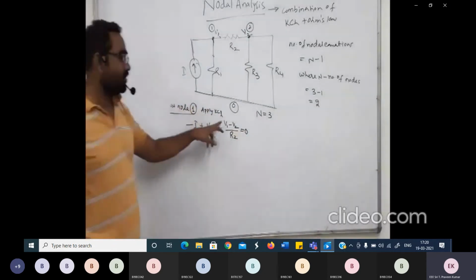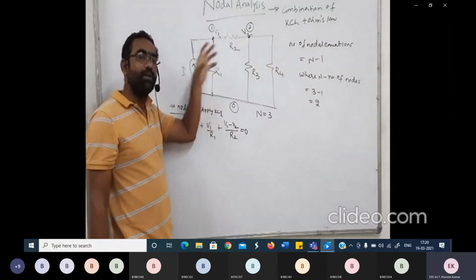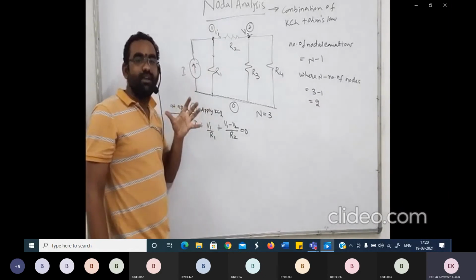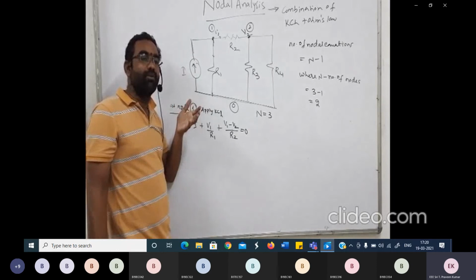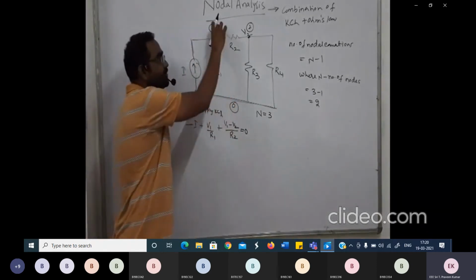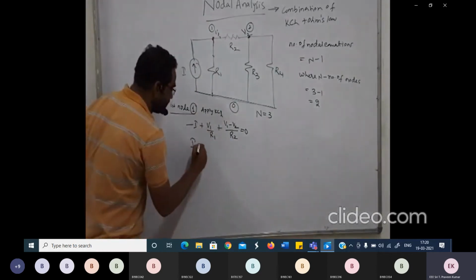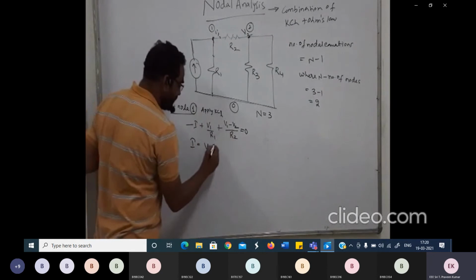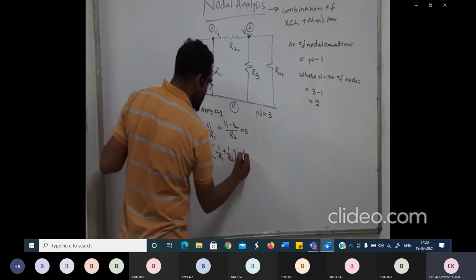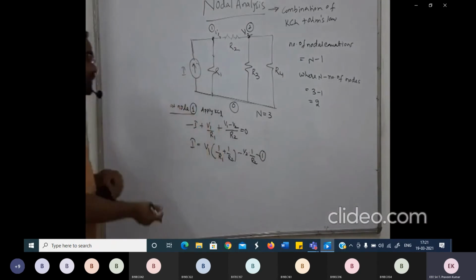Now you can ask me why I am taking V1 as positive. Because I am considering the equation at node 1. So whenever a node is considered, consider that its voltage is at higher potential. Just like we feel like kings when we are at home, right? When we go outside, it is a different case. Same case here. When I am writing the equation at this node, I assume that this voltage is at higher potential. To simplify this, I can say I1 equals, taking V1 common from these two, 1 by R1 plus 1 by R2, minus V2 into 1 by R2. Let us take this as equation 1.